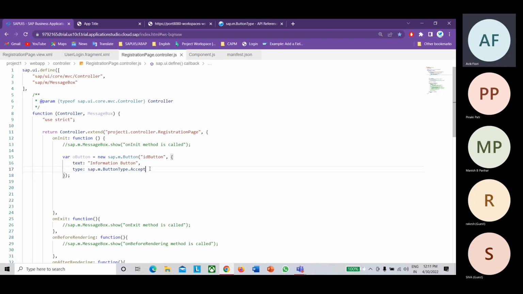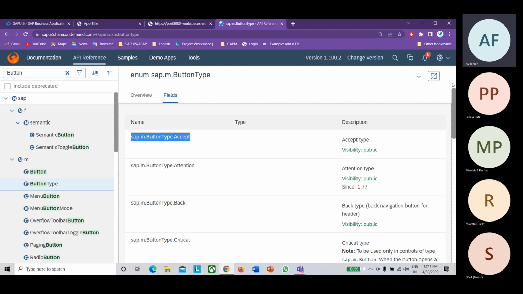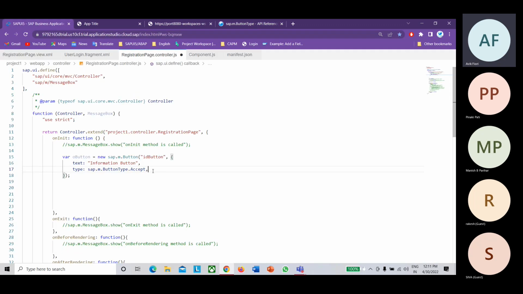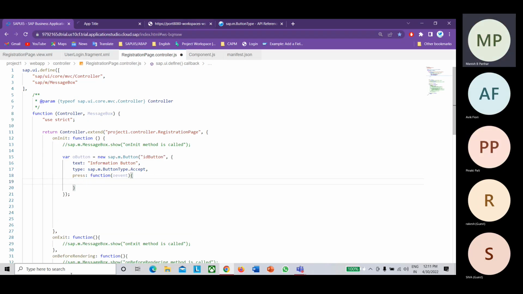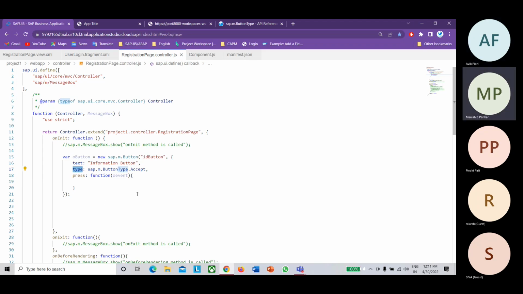After that, you want to add it. But before we add it, I will also show you how we can add the press event. For the button, we have the press event. So just give a comma, and you can add press colon. Here only you can add the function like this. So whenever we define a button, this is the actual way we have to define it: text, type, and press. Previously we just mentioned the text directly.